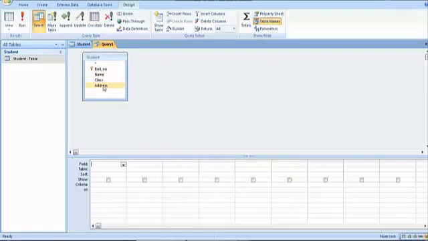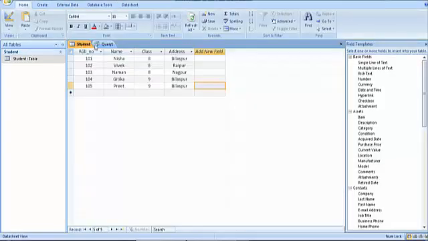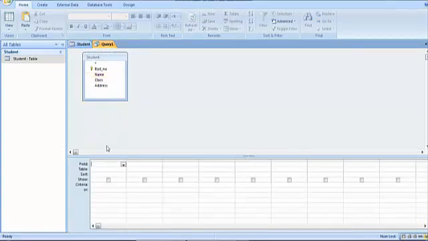Now you can see the names of the fields in the student table appeared here. Now we have to focus on this design grid, which means we are going to design a query. The first query we will design today: suppose I want the record of the students of class 8 only.